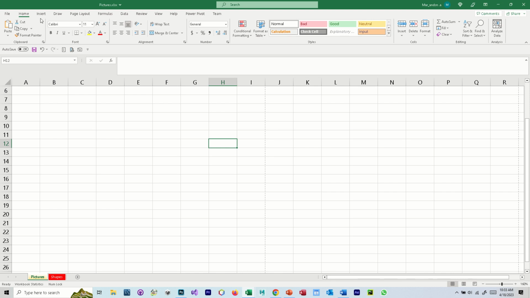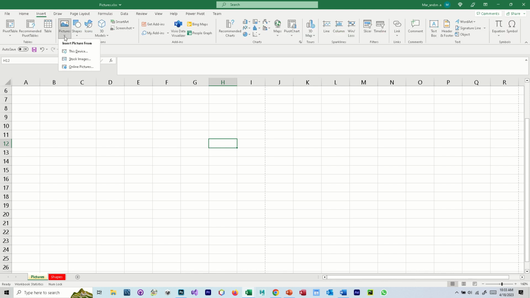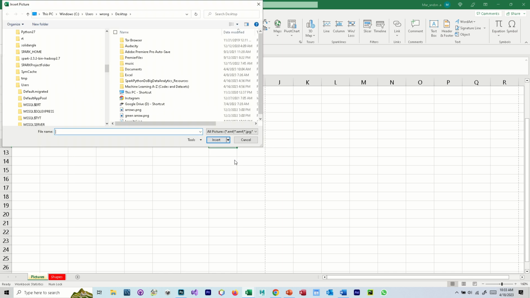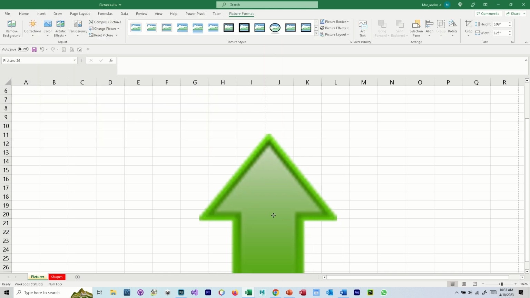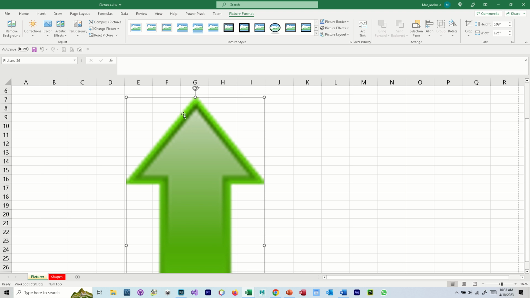Once again, I'm going to go back and insert. I'm going to go into pictures and insert a picture from my computer, and I'm going to insert that green arrow again. So I'm going to click here and this is what I get. And once again, the rough edges